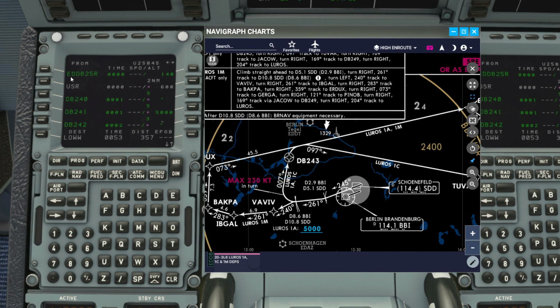So after we take off from 25 right, we continue out, and then we get one of these USR points. I've spoken about these user points before. They wouldn't actually be depicted in the flight plan page of the McDo as a USR point. They would usually show a level, so 600 feet. It's not actually shown here on the chart, and this is just the first of a couple of discrepancies